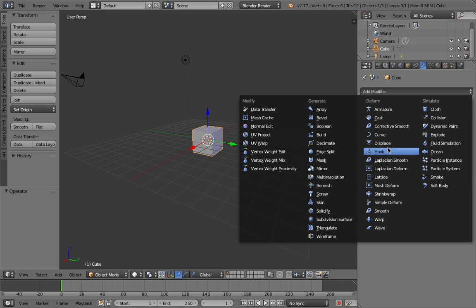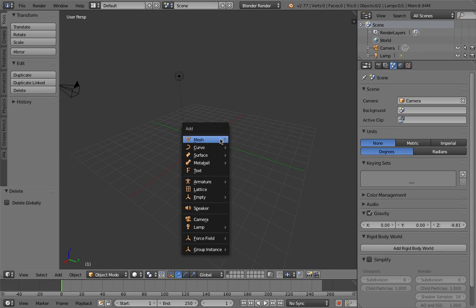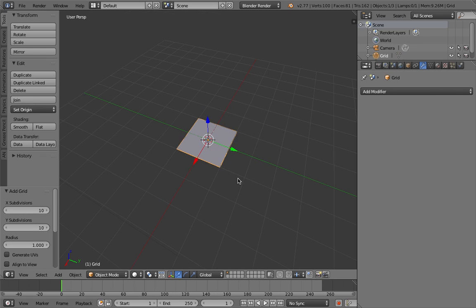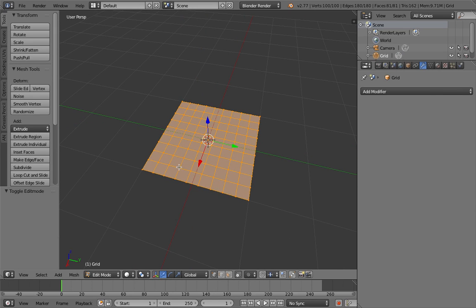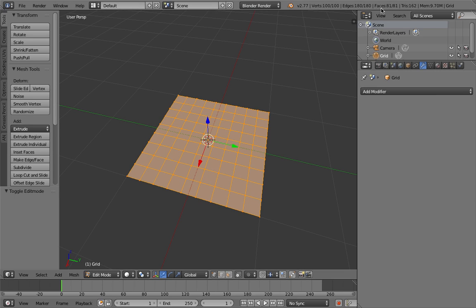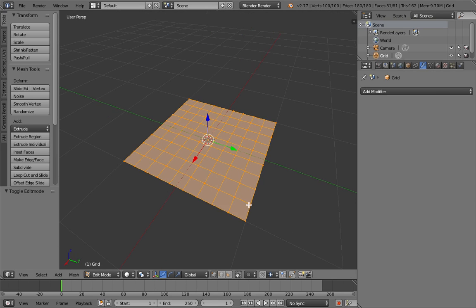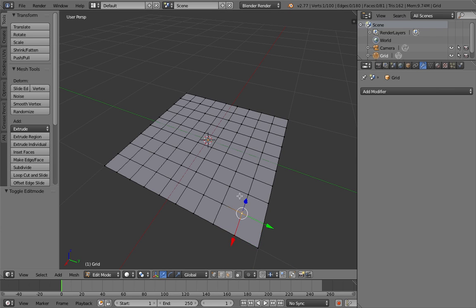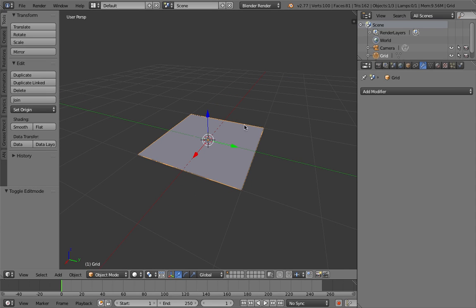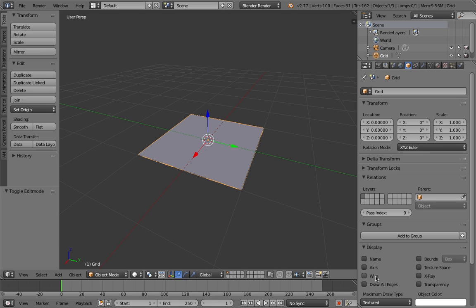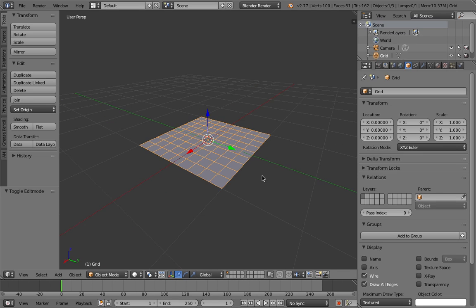I'll show you really quick. Maybe I will be using a flat plane in order for you to see what's happening. So I will create a grid. With the grid, we have a bunch of vertices. I believe it's 81 vertices. No, actually it's 100 vertices, so it's 10 by 10. We look at the points right there, so we have 100 points. And I will turn on the wire. Yeah, and I have this grid, right?